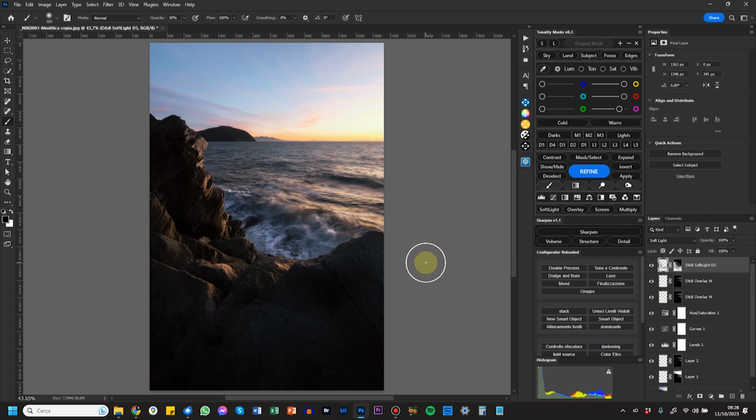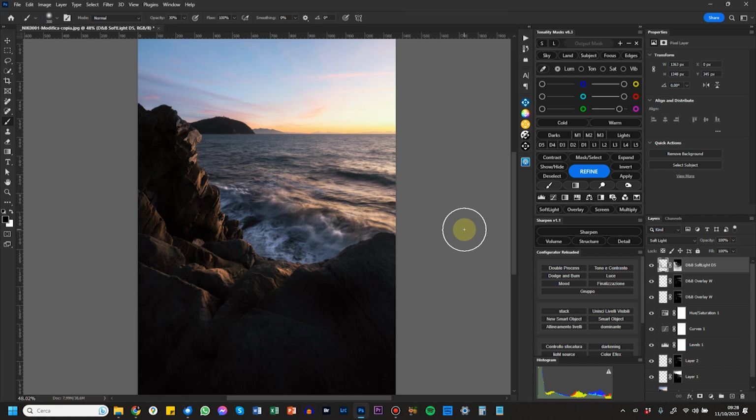Now we have done a complete overview of the panel, let's see the last parts that we didn't see before. And the last parts we didn't see before are just the save and load, the operations with masks, and the picker here. Now, let's start with the picker.